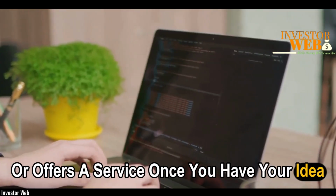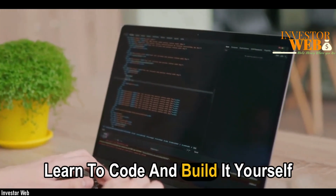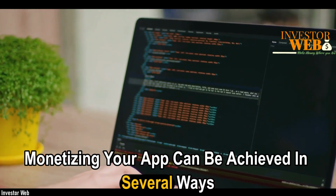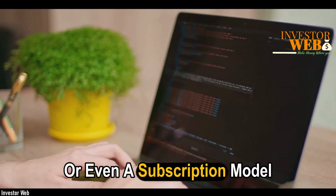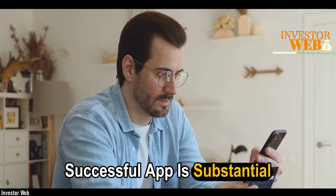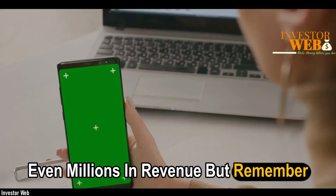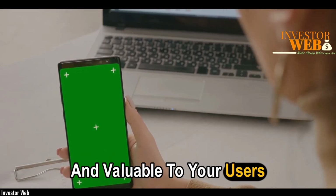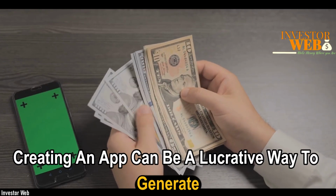Once you have your idea, you can hire a developer, or if you're feeling adventurous, learn to code and build it yourself. Monetizing your app can be achieved in several ways, such as in-app purchases, advertisements, or even a subscription model. The potential income from a successful app is substantial. Popular apps can make thousands, even millions in revenue, but remember, the key to success is offering something unique and valuable to your users. If you have a unique idea, creating an app can be a lucrative way to generate passive